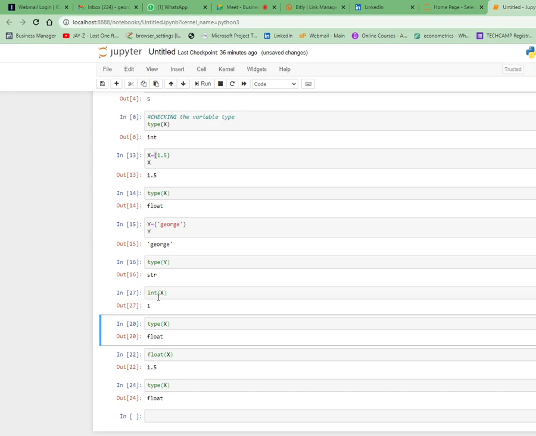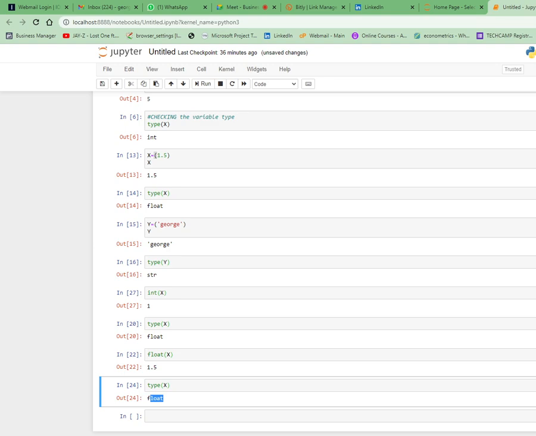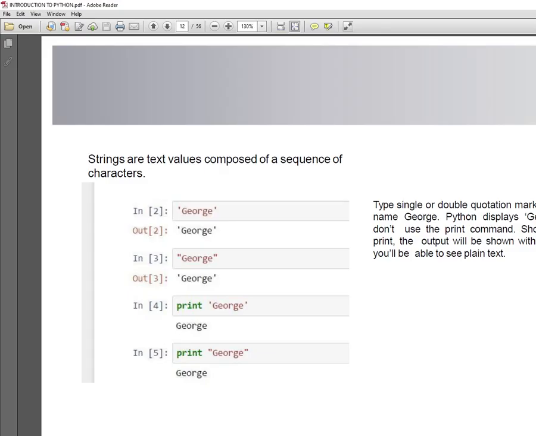So as you can see, if I use int, the x, which is 1.5, I'm now having 1. But now if I check the type of x I'm getting is float, though it's 1. So integers basically convert a floating point